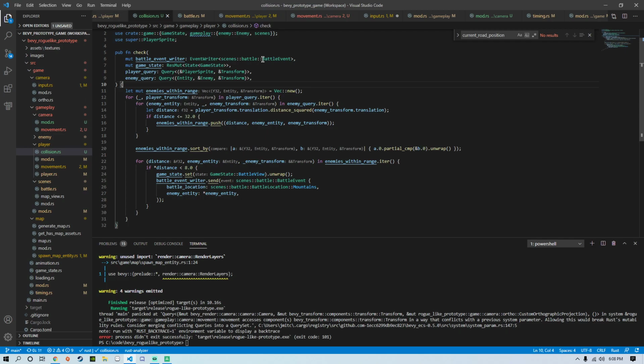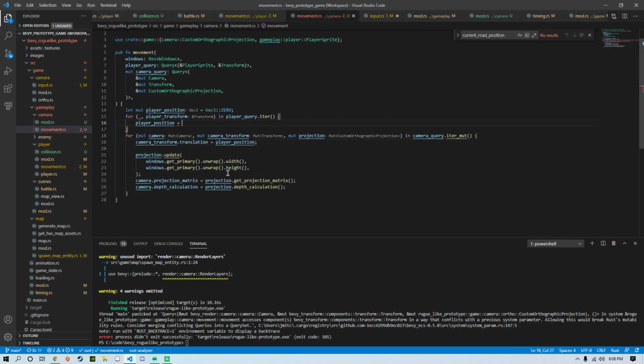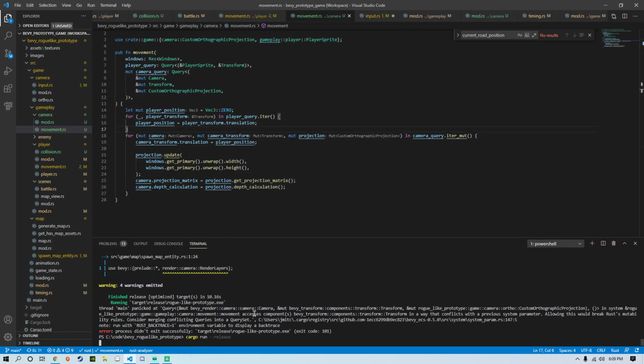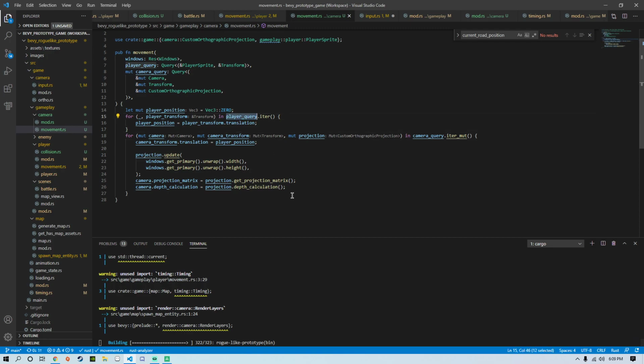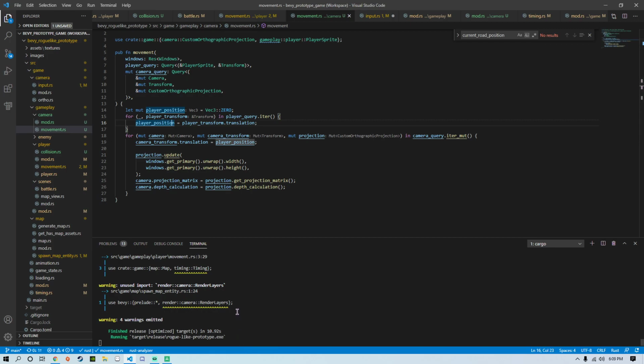Oh, and there's no mutability with that one. Okay, that's why. But yeah, I think it's because it was a query and then you had a mutable query within that query. And so you break some of Rust's memory rules by doing that. So this way we avoid that because we run one query and then we run the other. We don't run them at the same time. Again, just grabbing the single item from here would be a lot smarter than iterating and doing this kind of crazy stuff here, but